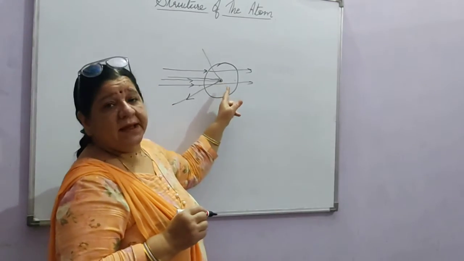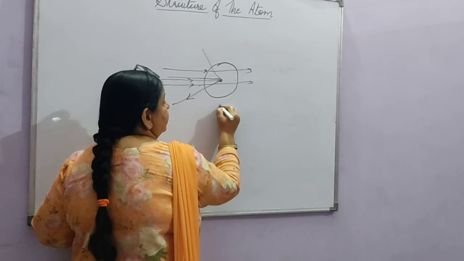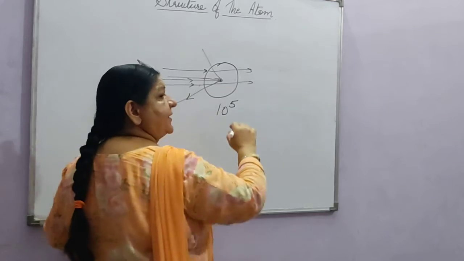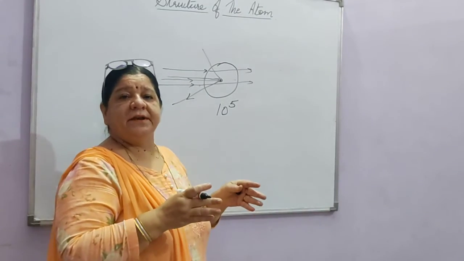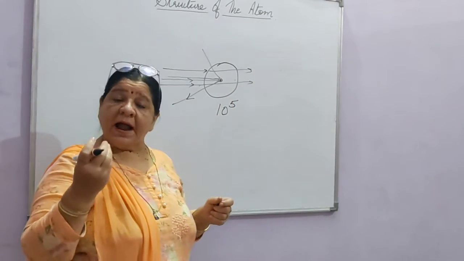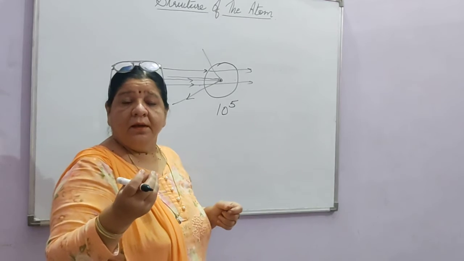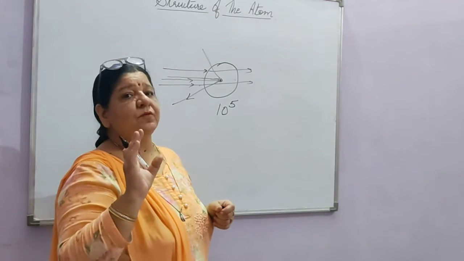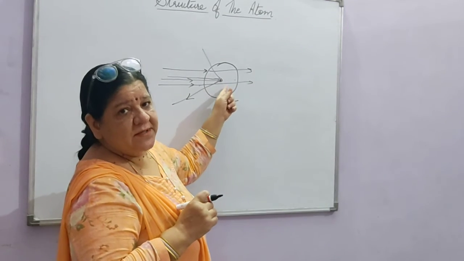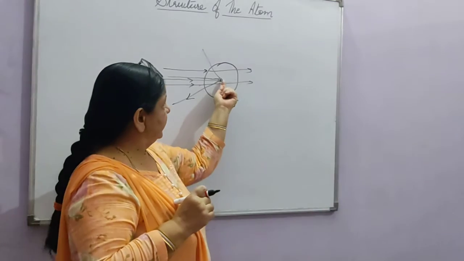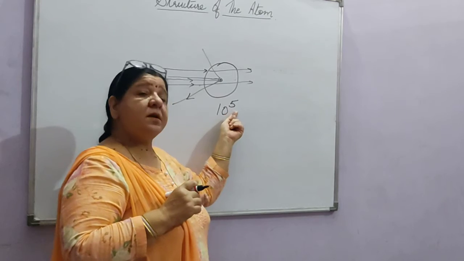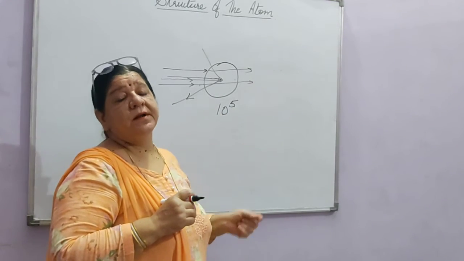And he also said that this nucleus has 10 raised to the power 5 times smaller radius than the radius of the atom. Now you can imagine, atom is so small which cannot be seen. The radius of that atom will be so small, and the radius of the nucleus, the one which is present in the center, is 10 raised to the power 5 times smaller than that